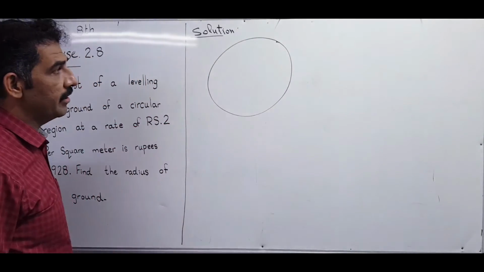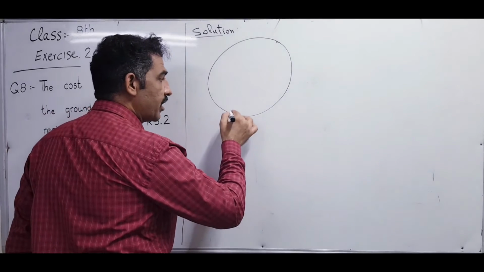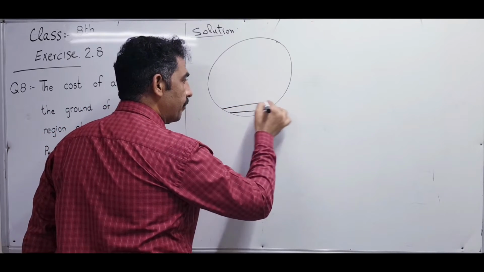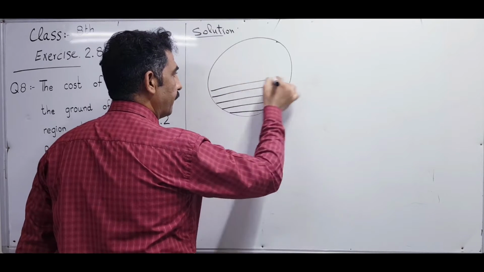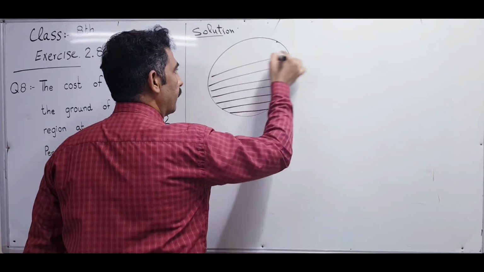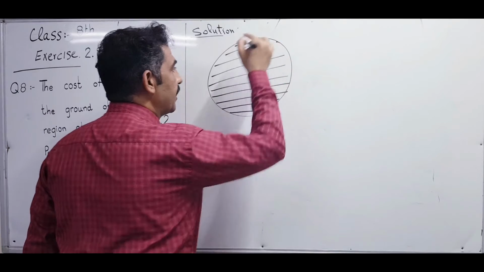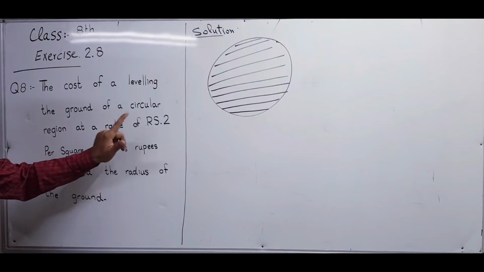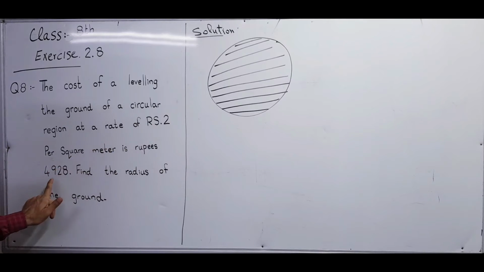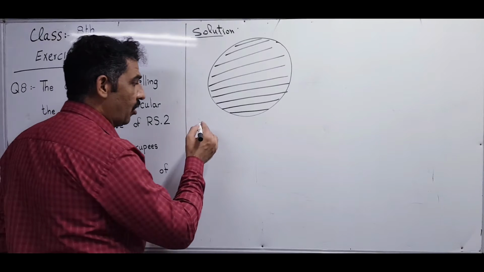That is a circular garden. So circular garden leveling means that's the complete area. When this complete area is covered, the price to cover the complete area is 4928. Now total cost,